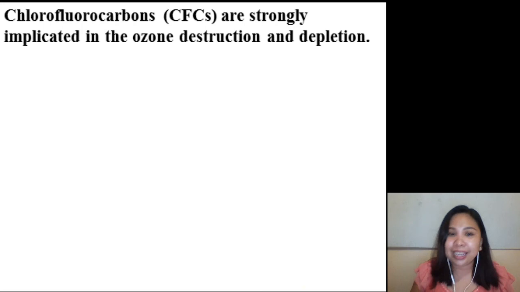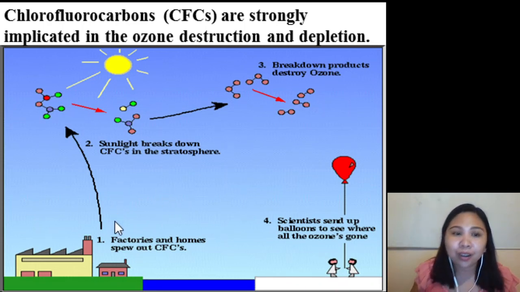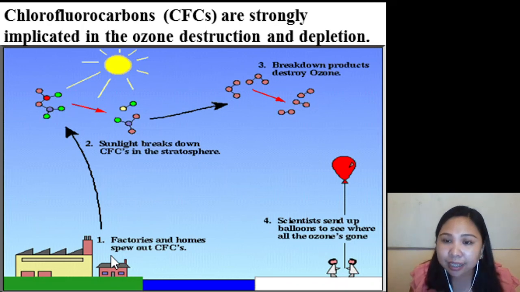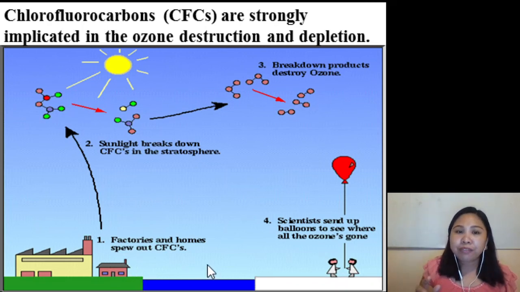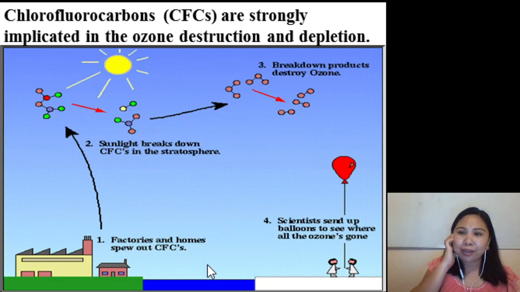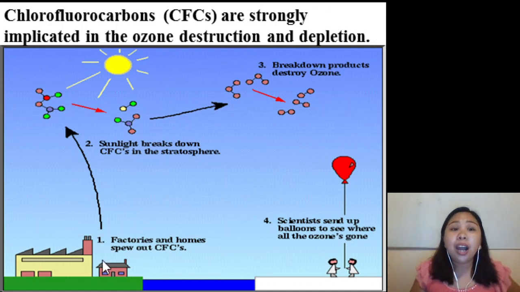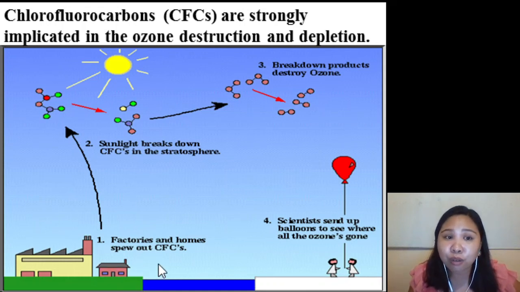Remember, 'di ba, yung sa first part ng discussion natin about greenhouse gases, CFCs are considered greenhouse gases. Okay? So, etong mga CFCs na to, paano siya nakakabawas ng ozone layer? So, this picture will show you. Okay, so sa mga factories, even sa bahay, whenever we are using products na gumagamit ng mga sprays, ayan, yung mga gumagamit sa aircon, sa refrigerator, ayan, mga refrigerant, ayan, sa sasakyan, ayan, so we are releasing chlorofluorocarbons.